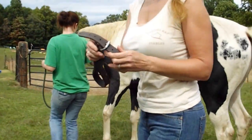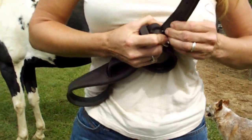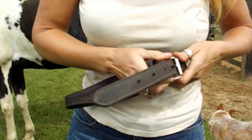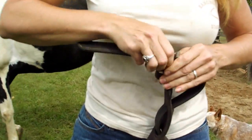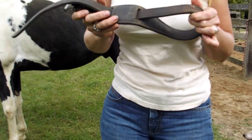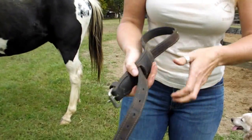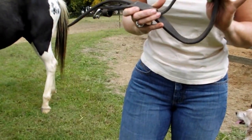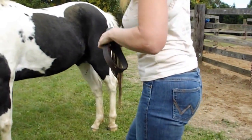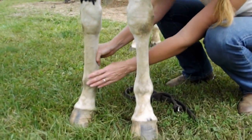So these have a buckle, and you undo your buckle. Mine's been used so much it's bent. And you have this loop. This is why they take a little bit longer, because they feed through and make another loop. So you have to give yourself slack here and actually pick up a foot. You pick up their foot,